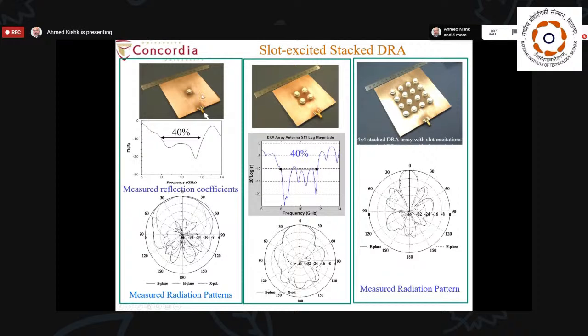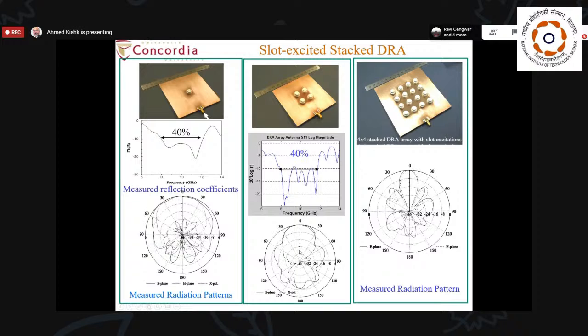So the proper excitation is the one that can determine if you can squeeze all the possible bandwidth or not. And these are some examples for a stacked dielectric resonator. And here the dielectric constant of the bottom is 4 and the top is 12. And this achieved 40% bandwidth with a broadside radiation pattern. And this is excited with a narrow slot and the printed microstrip line in the back of the ground plane, excited by this end connector. We can have a feeding network for 4 of them and still giving us similar bandwidths. And in terms of the 4x4 array,